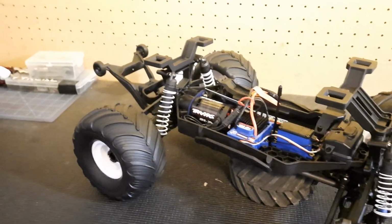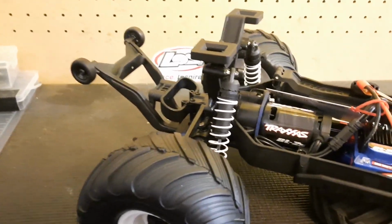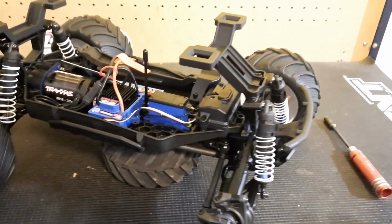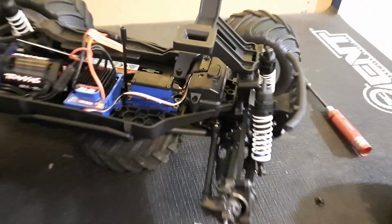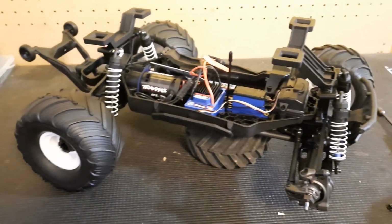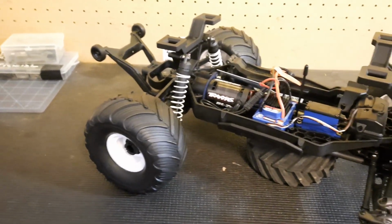But that's going to pretty much be it as far as my opinions on this truck. I think it's really, really well built. Really, really good design. The aftermarket support for these vehicles is endless. One more thing to note, it does have the plastic center drive shaft still. So maybe something to consider if you want to up the horsepower in this vehicle. You may want to upgrade a few of the components. So let's go ahead and cut over for the day, and that's going to finish up the unboxing on the